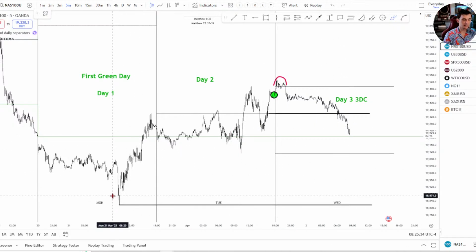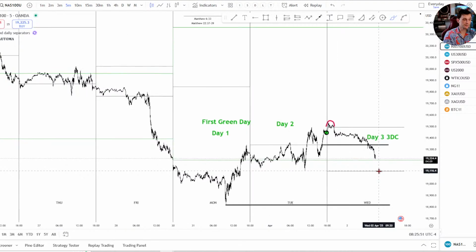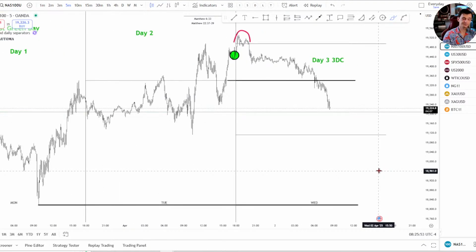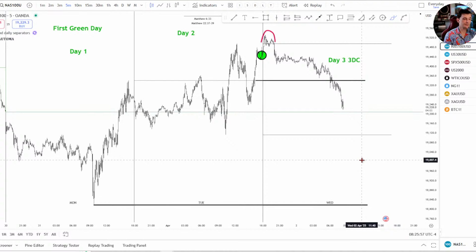Like today, the front side was the pump up. Today was first red day. Maybe tomorrow's like breakout day 1 or something like that. Maybe we even get a trade off of that. I don't know. And then Friday is the big move back down to and through the low. You know, I try to think ahead. It's chess, not checkers. You don't really have to outthink it or anything like that by any means. Just know that it doesn't have to come on the front side of the week. It could come on the back side.